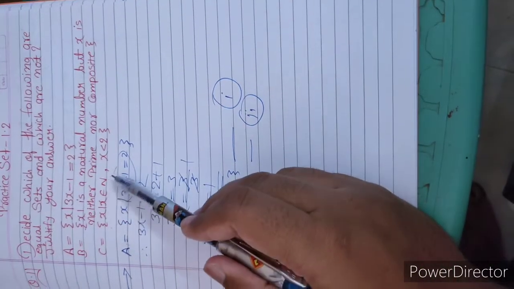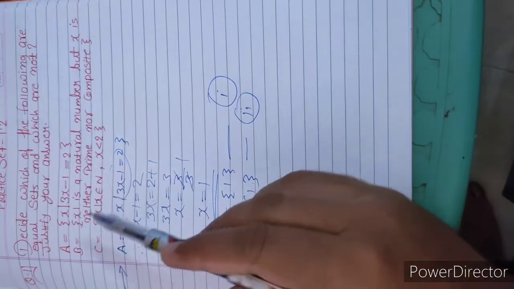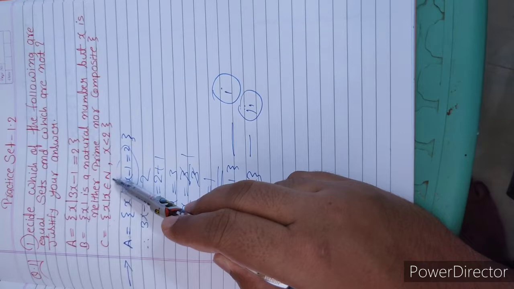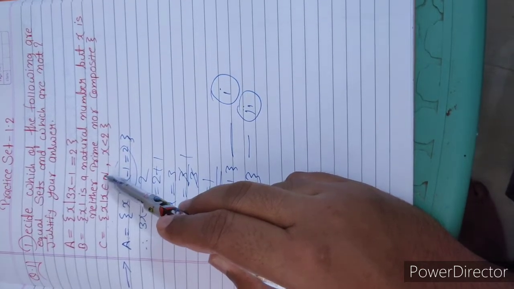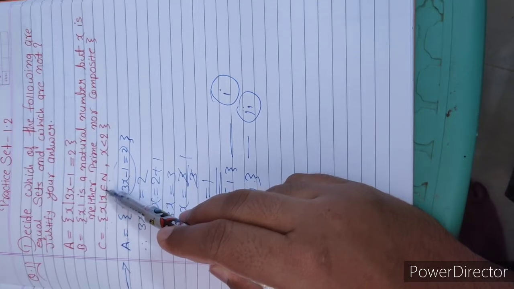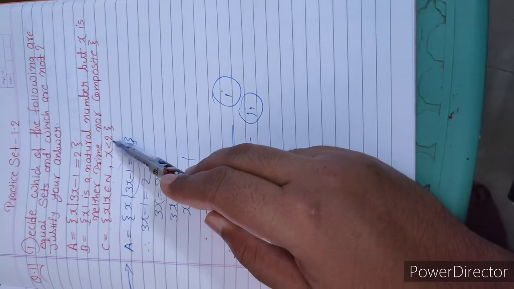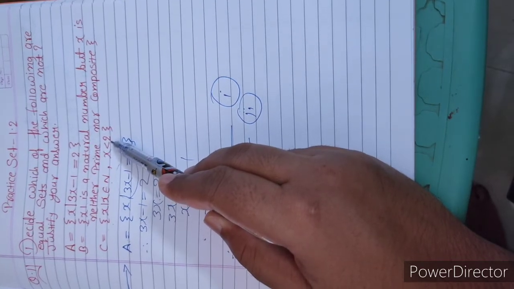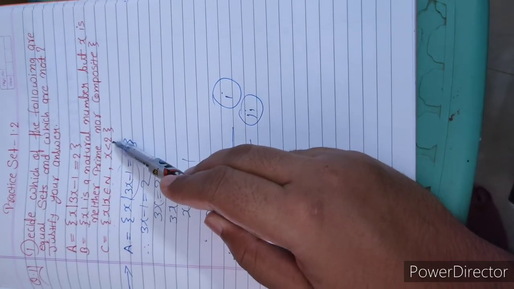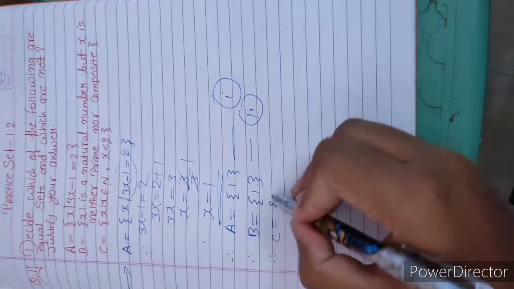What is given in the third one? Here also we have a set given in symbolic form. C is the set of x such that x belongs to N. N means whole number or natural number? Natural number. So C is the set of x such that x belongs to natural numbers, but x should be less than 2. We know that natural numbers start from 1, and there is only a single element which has a value less than 2. What is that? 1. So C is also a set of 1.